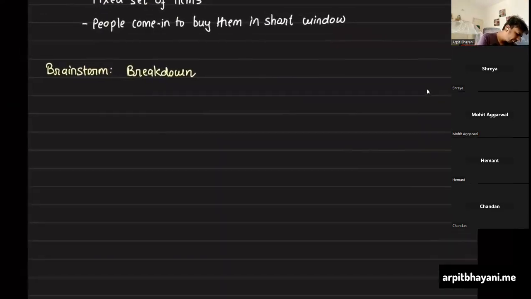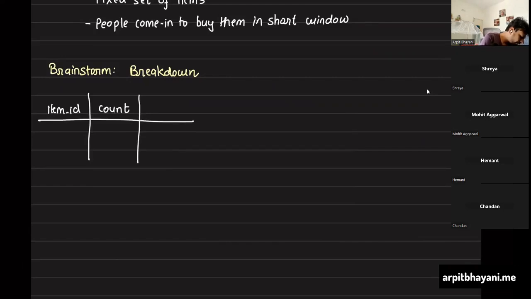Okay, so a very simple thing would be item ID. We'll have a table with item ID and the count, and then rest details about that item. Let's say your item ID is 1 and some other detail. So your count is, let's say, 10,000. I'll pick 10,000 as a small number. 10,000 items are there for flash sale. Now, what happens when someone comes in?